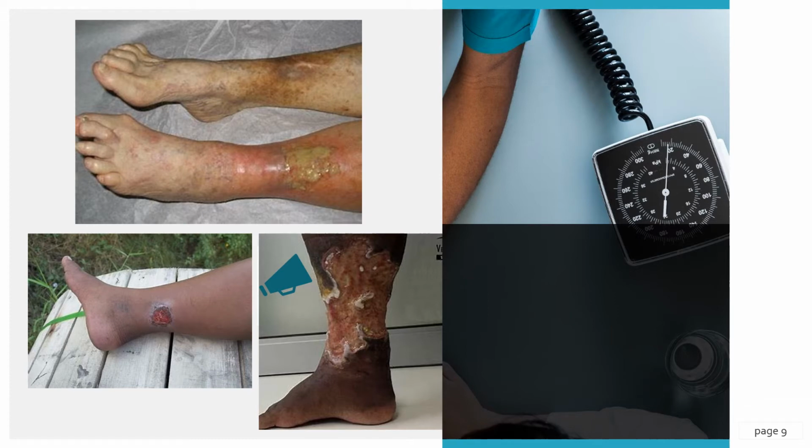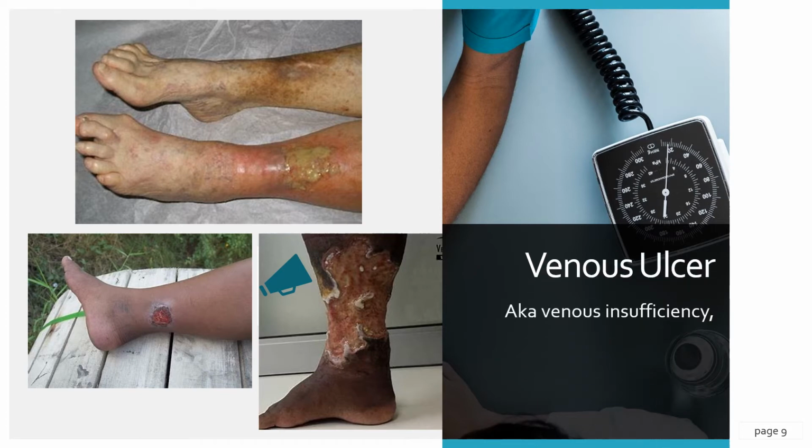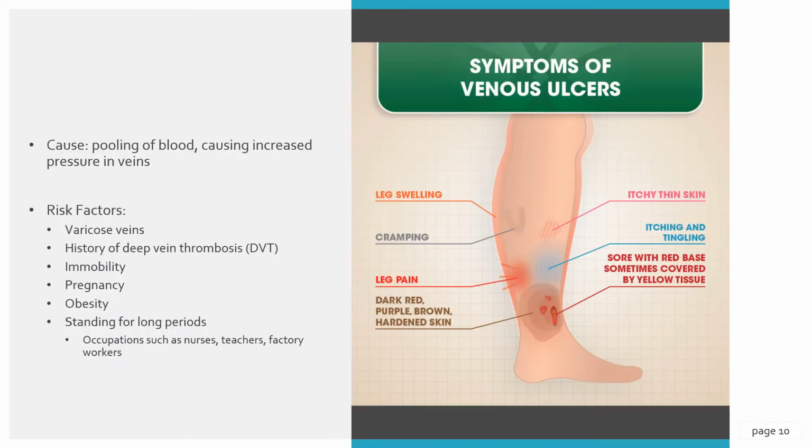Do you have any idea what type of wounds these three pictures depict? If you guess venous ulcer, you'd be correct. Also known as venous insufficiency, venous stasis, and venous hypertension. Venous ulcers are caused by a pooling of blood in the legs. It causes increased pressure in the veins. There's multiple risk factors,